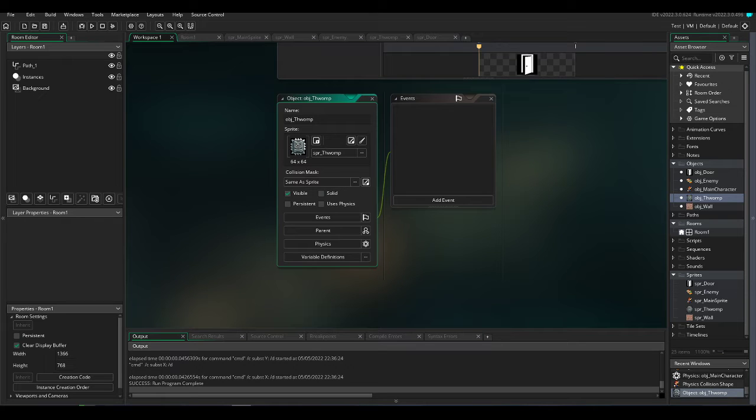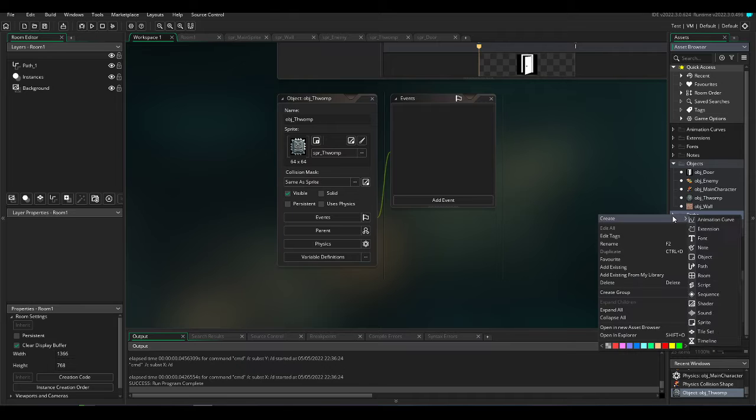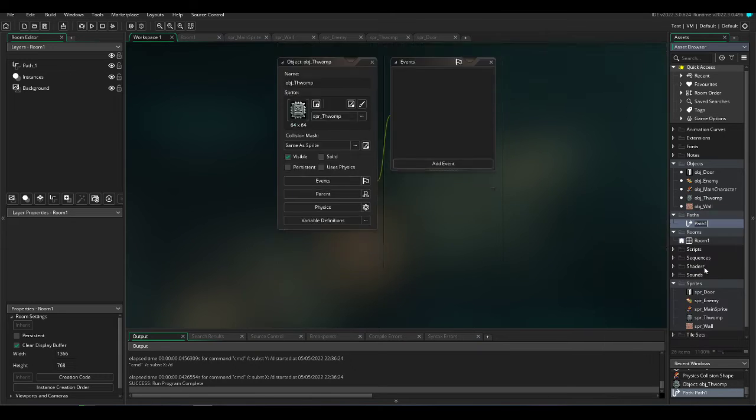Okay, now what we're going to do is we're going to set up a pathed enemy. So we're going to create a path in GameMaker, and this enemy is going to follow the path. So create your sprite that is going to be following the path, turn it into an object, and then above rooms you will see the paths folder, and in there you're going to create a path,